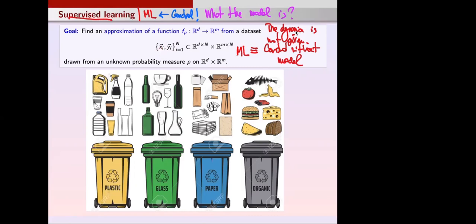These items live in a Euclidean space of dimension, say, R^d, right? Why d? Well, because these objects can be, I don't know, shapes, or like in here, can be photos, and then the photos are given by pixels, right? So here the drawings are relatively simple, but still every drawing lives in a Euclidean space of a dimension d that is relatively high, right?